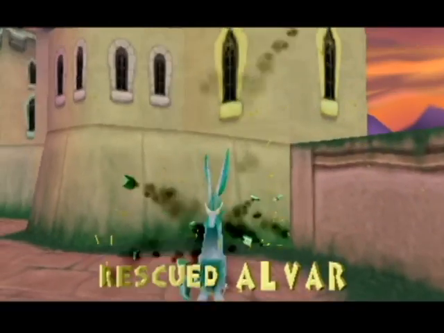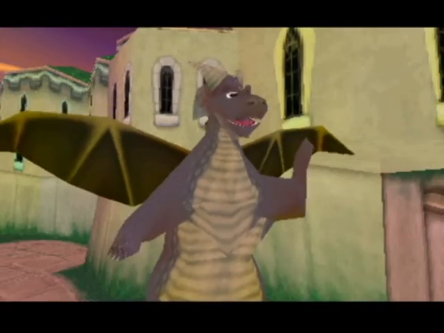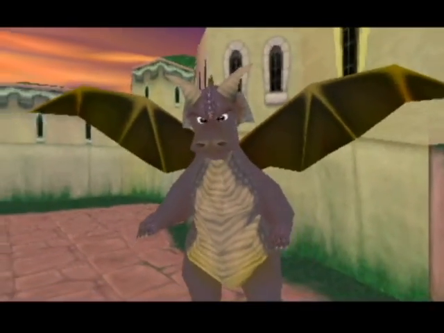Oh, here we go. Rescued Alvar. Spyro, did you see a man dressed in blue running around here? Yes. He's a thief, and he's stolen a dragon egg. You've got to track him down and get that egg. Run! Run! I will get him near...